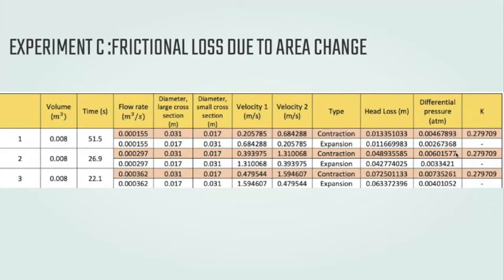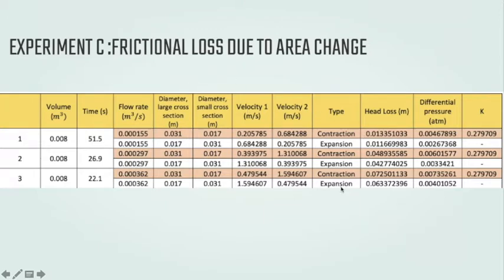So next we go to experiment C, which is the frictional loss due to the area change. In this experiment we are experimenting with contraction and expansion. From a small diameter to a big diameter we call it expansion, and from a big diameter to a small diameter we call it contraction. We fix the volume and we vary the time,